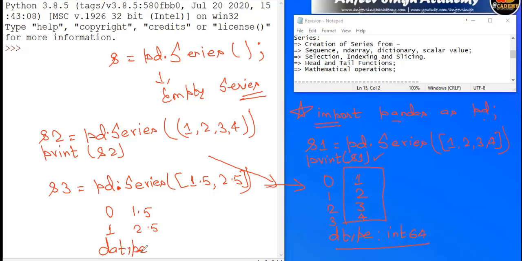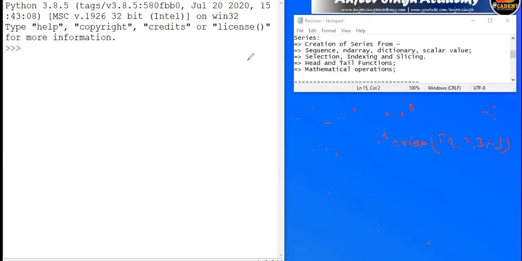By default it's going to give the data type float, 32 or 64. It's 64. By default it's giving float 64, integer 64. Why 64? Because it is 64 bits. What is the meaning of 64? 64 means 64 bits. So this way you are getting the output. Now you understand how you can use the list and the